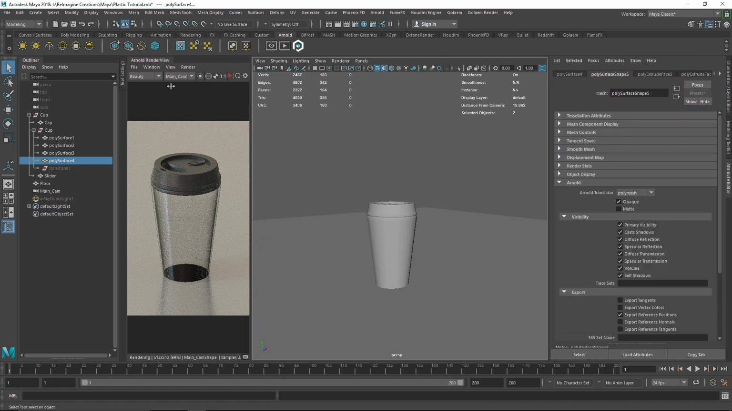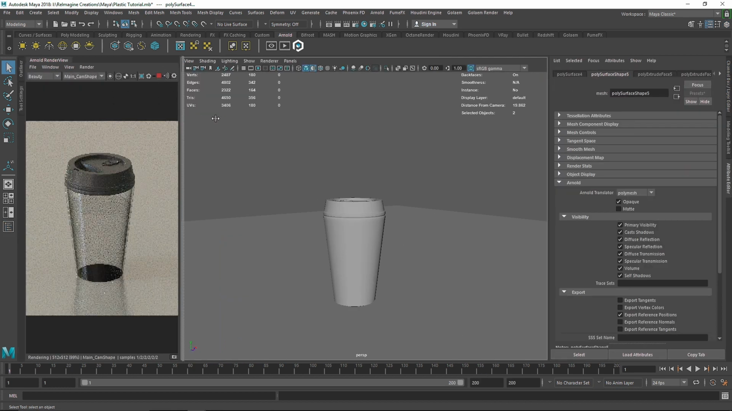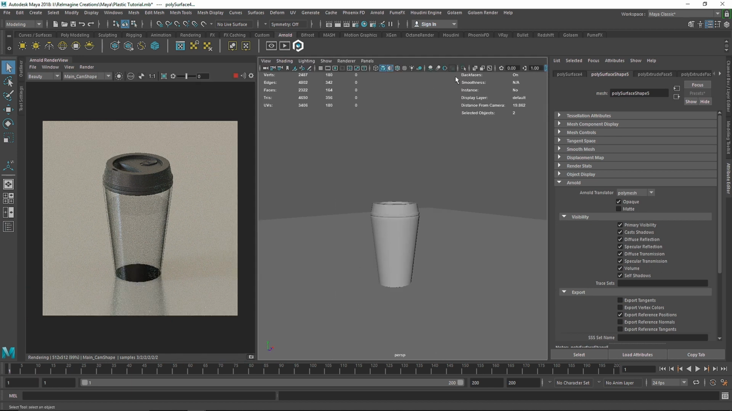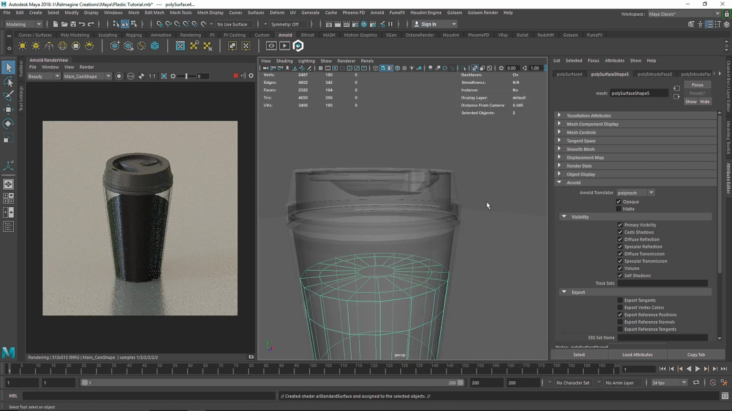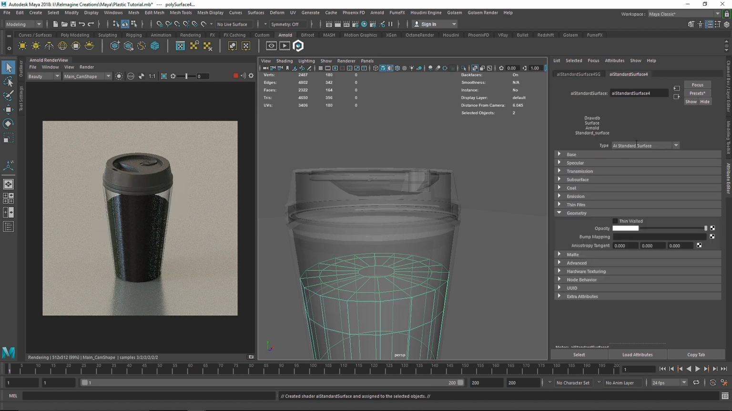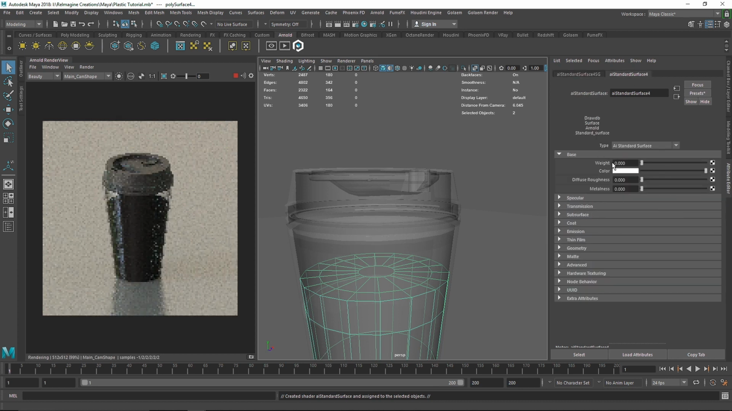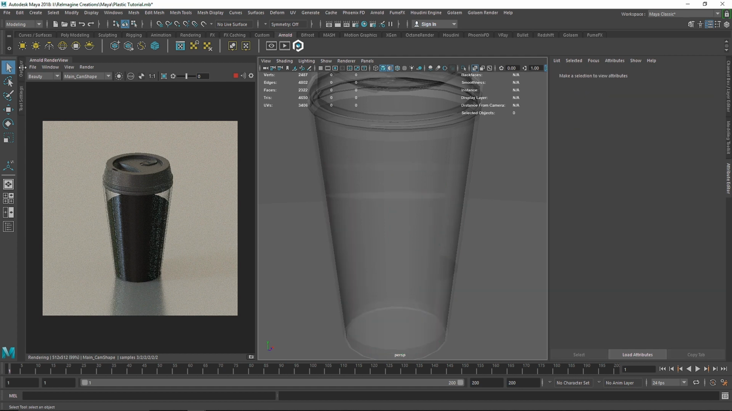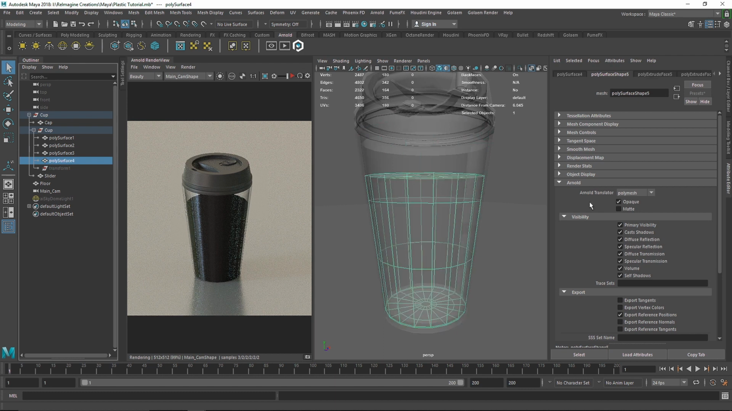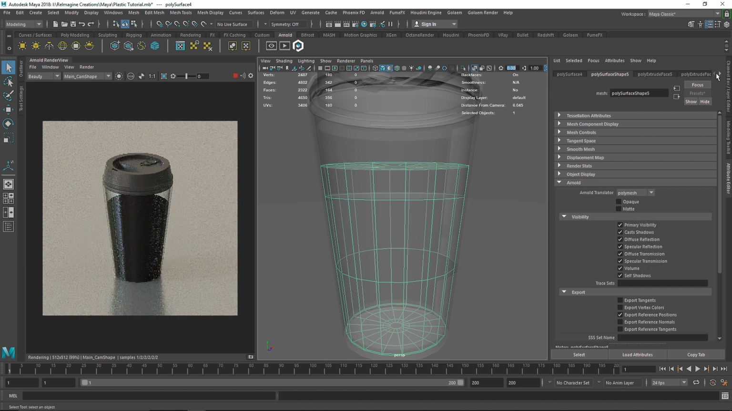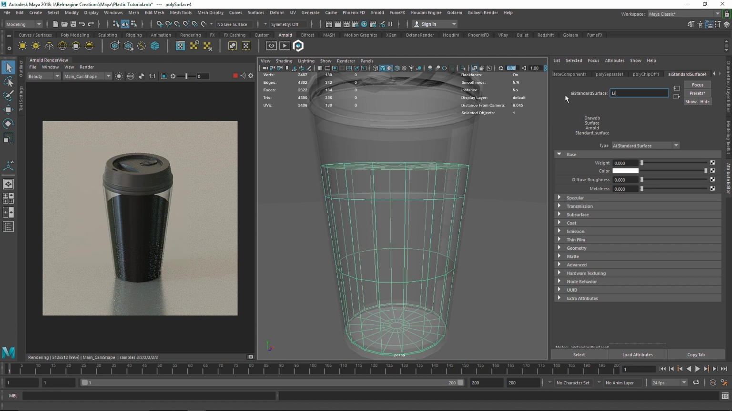and I'm going to assign a new material to it. Let me just close this and turn this on. Alright, assign new material, Arnold, standard surface, and first of all, let me just go to my standard surface, remove the diffuse, and I'm going to turn this off. Go to my outliner, select that liquid again, turn off the opaque, close this again, and then go back into the standard surface. I'm going to call this liquid,